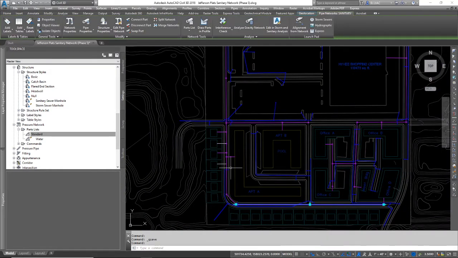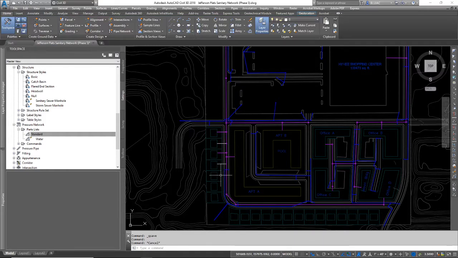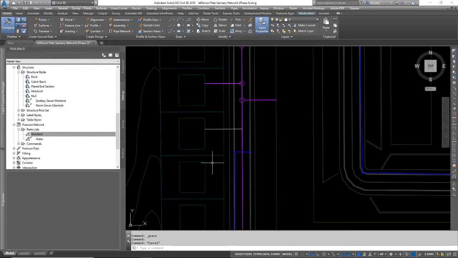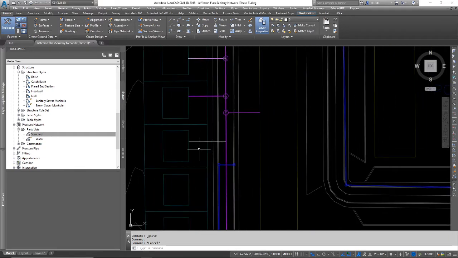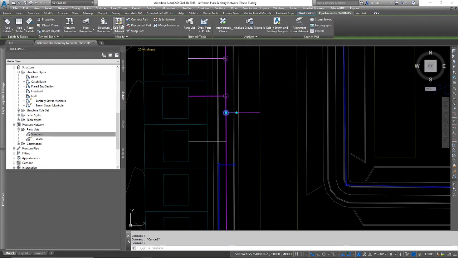And I have started to put in some of these residential connections, and I wanted to walk through my process for putting these connections in place. It's all part of the same network, so I'll grab any part in the network so I can edit that